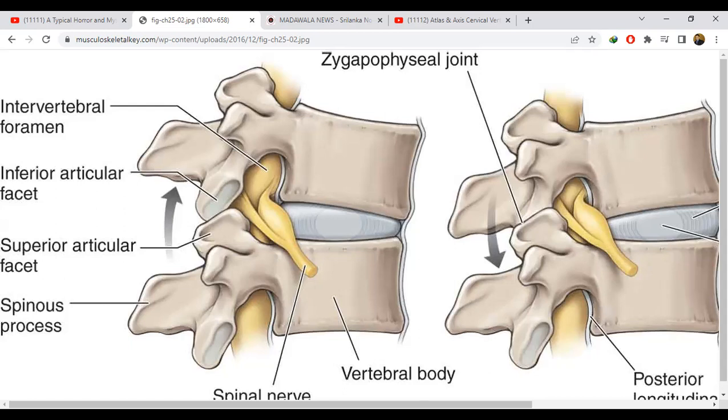So intervertebral foramen is a little wrongly marked there. I'm telling you it is the vertebral foramen. The vertebral foramen accommodates and protects the spinal cord. That is its function. The intervertebral foramen does the other function. That is one thing you want to know. Another thing: